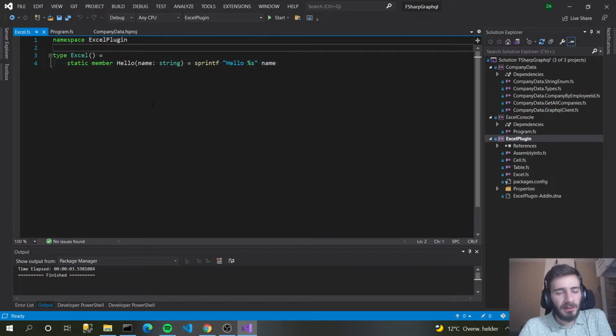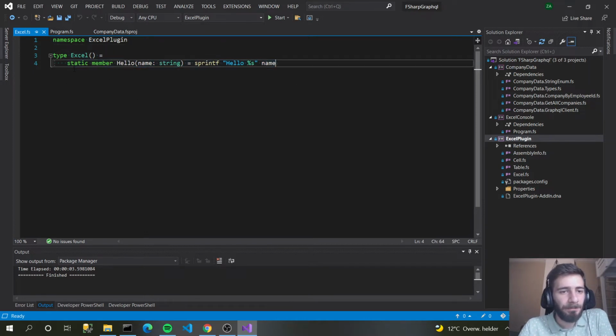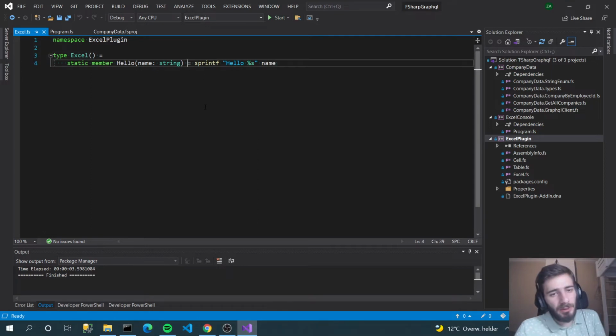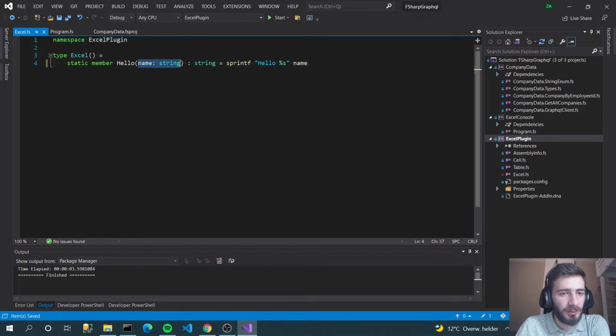The way that Excel DNA exposes these functions is by taking the static functions, and if it sees that the types are compatible with Excel. For example, this is a really simple function that takes a string as input and returns a string as output, which will in turn create one cell in Excel. So this is a function that will be exposed. It's called hello, it takes name and returns a string. In this case, you're just going to use sprintf. So just to show you how that works,